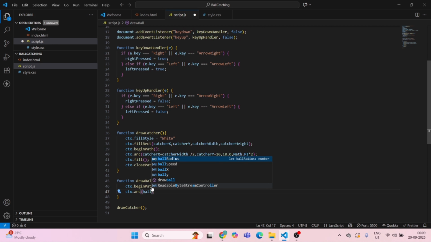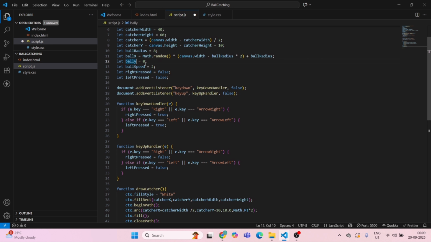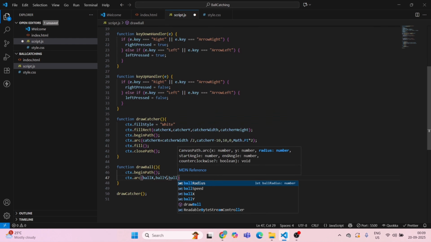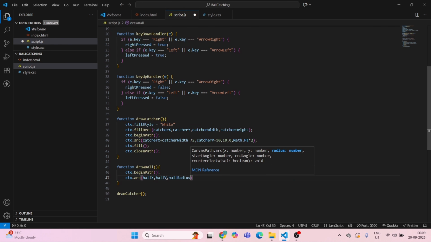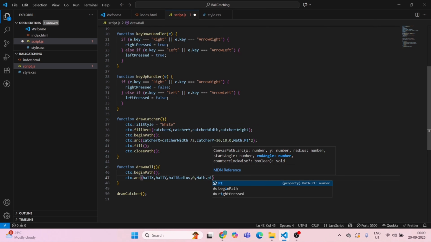So we'll need the arc only. ballY, I haven't added it, make this capital Y, and this will also be capital Y. Just follow the naming convention. I mean, better to use it, right? ballRadius, comma 0, comma Math.PI into 2, so asterisk 2,